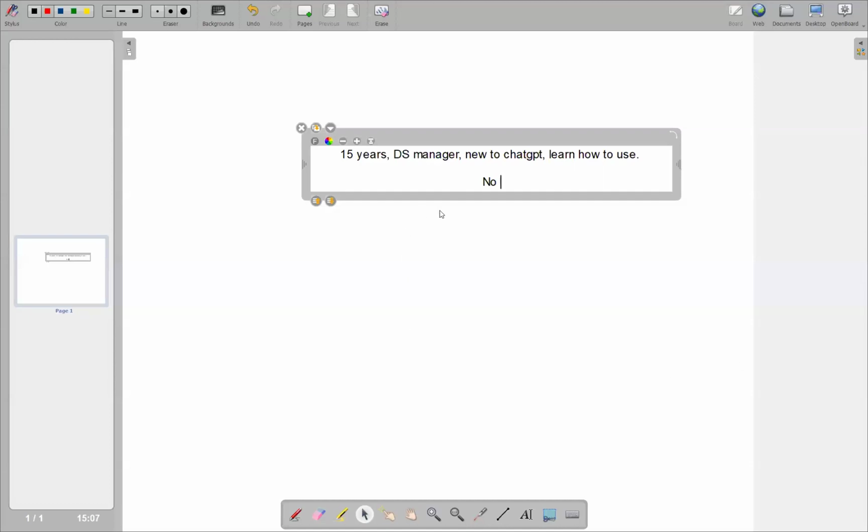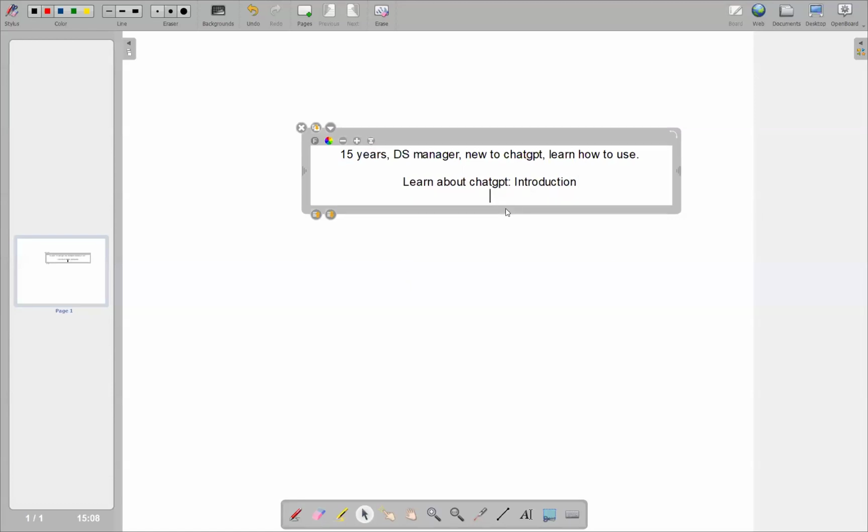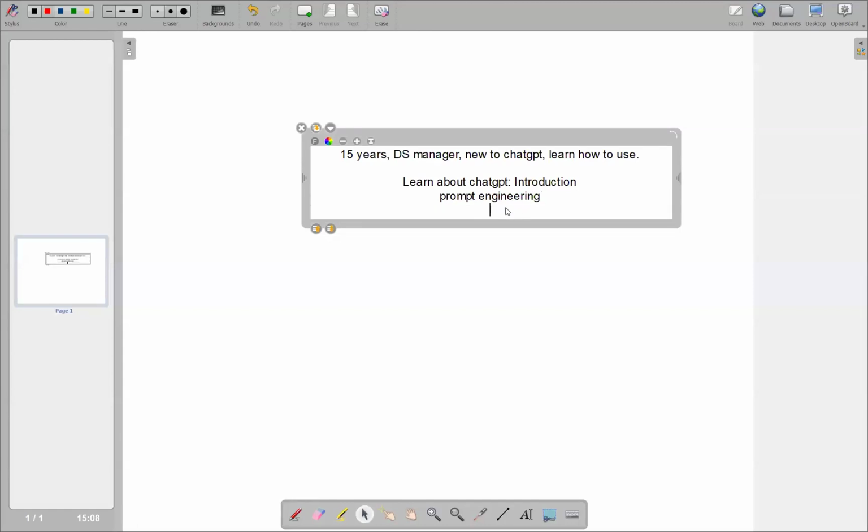What we are trying to learn, the objectives for this session would be to learn about ChatGPT, that is introduction. As many of you have not used it, I will just run through that. Secondly, there is a term called prompt engineering. We'll try to delve into that. What is prompt engineering? Why is it required in ChatGPT? Okay. And then we will try to